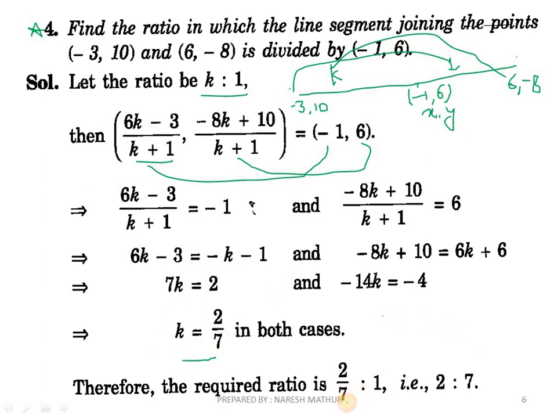So the ratio can be written in this form, 2/7:1, and when we multiply by 7 on both sides, we get the final ratio as 2:7. That is our final answer. Alright, so I just mark it as important because it is a new concept. We have to consider the k:1 ratio, as we need to find the ratio or the value of m1 and m2.